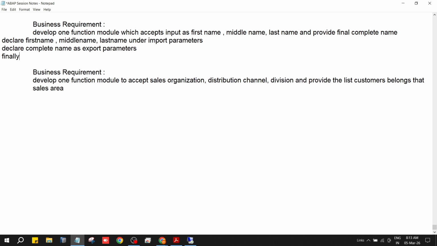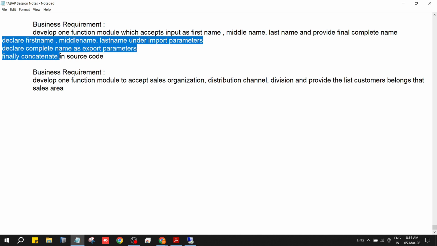Finally, concatenate in source code. Concatenate in source code. Okay, that's it. This is your overall